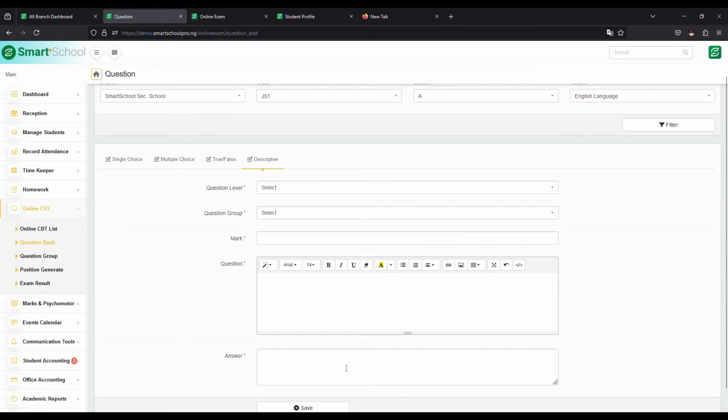Now, if the answer is typed by the student correctly, or close to what you wrote here as the answer, the software will be able to mark it. If it's not close, it is going to dictate it as an error. So this is the reason why it is best to use single choice questions for OBJ instead of using descriptive